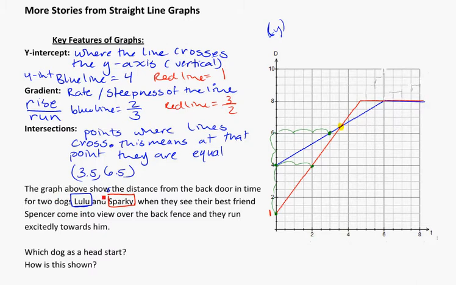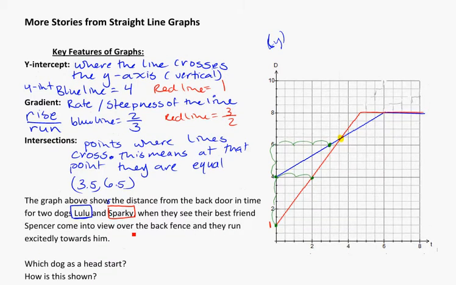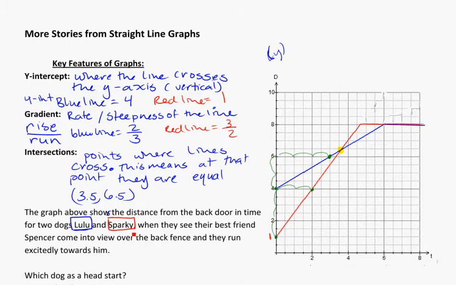So again, showing the distance from the back door and then in time for the two dogs, Lulu and Sparky, when they see their best friend Spencer come into view over the back fence. They run excitedly towards him. So if we want to think about a picture of what's actually going on here,